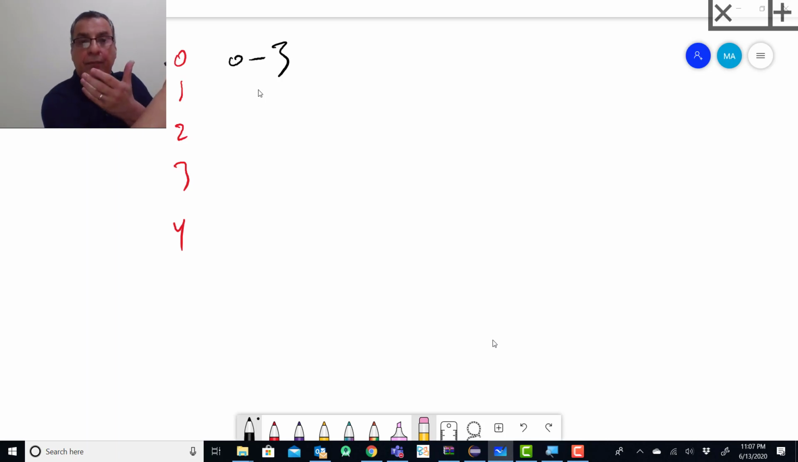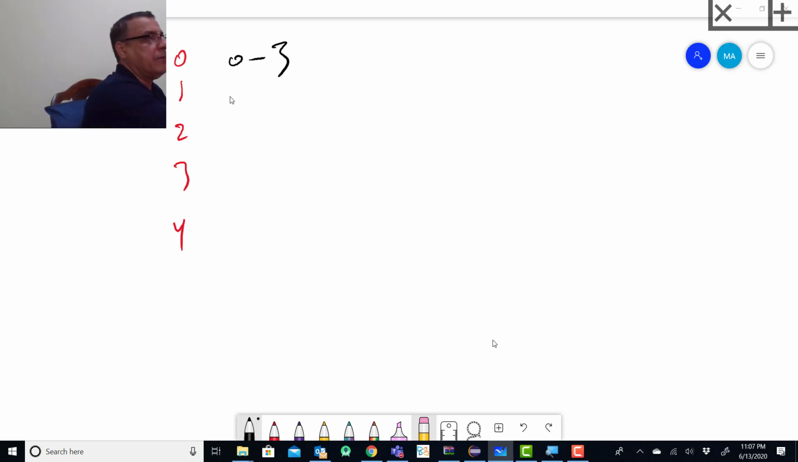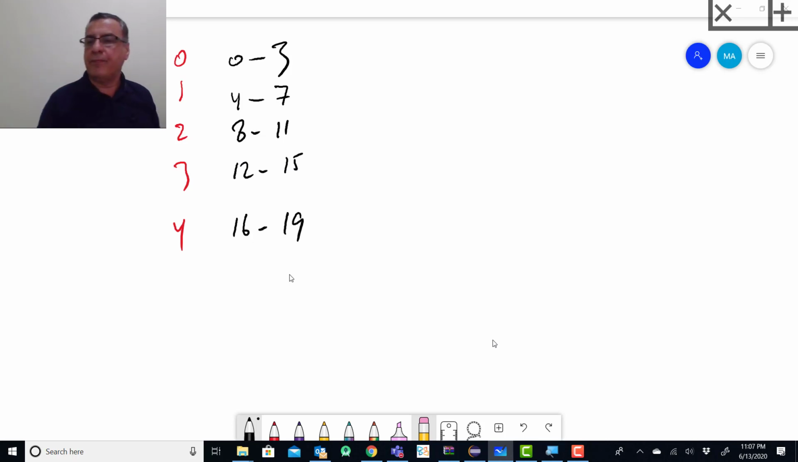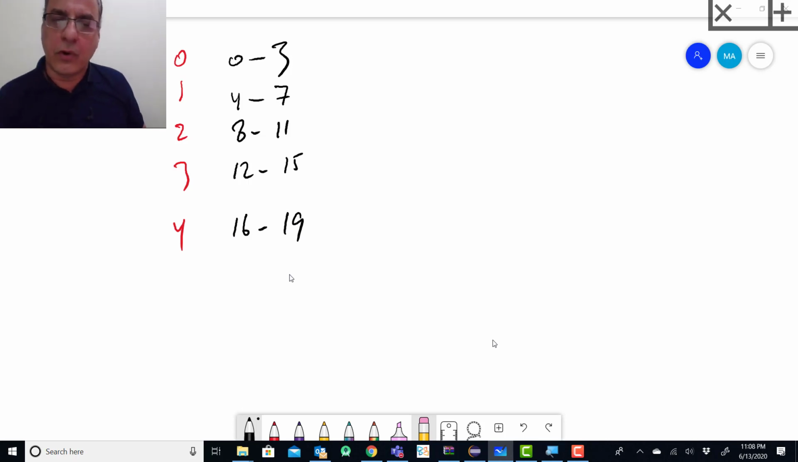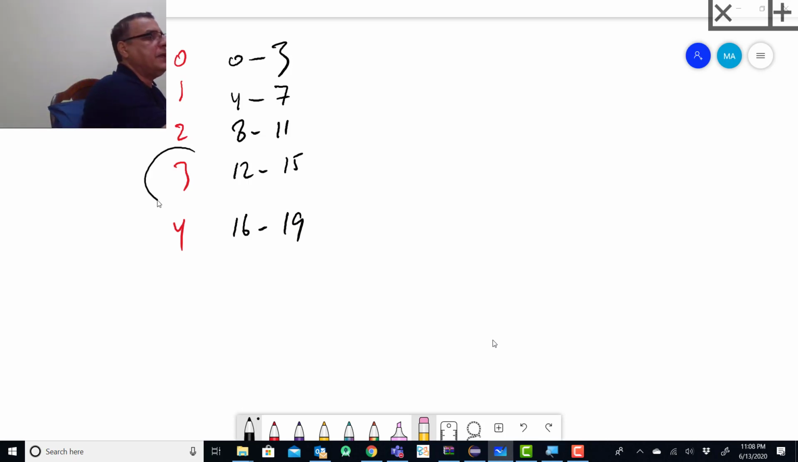The second number is from 4 up, 4 bytes: 4, 5, 6, 7. The third one is from 8 to 11, and so on. So that's from 12 up to 15, and this one from 16 up to 19. So if I want to print this number here, 3,